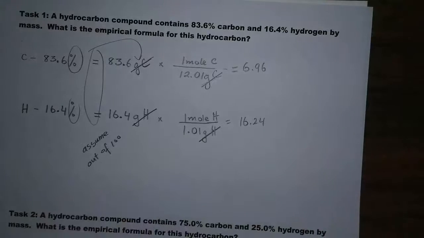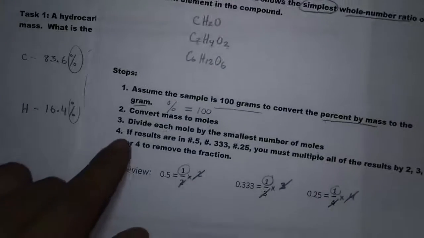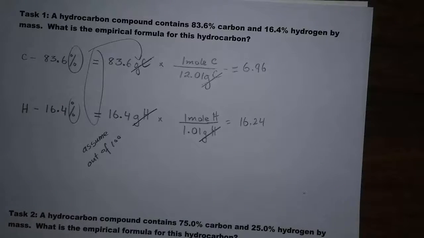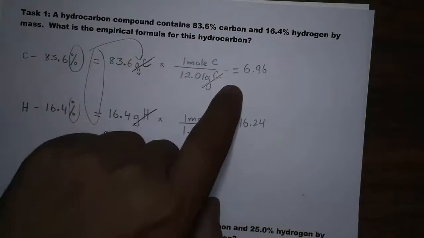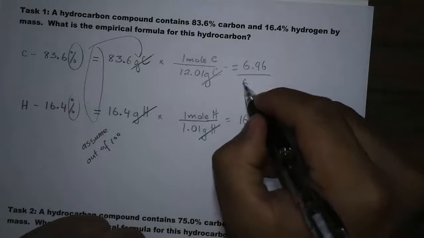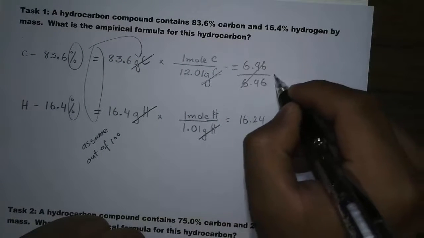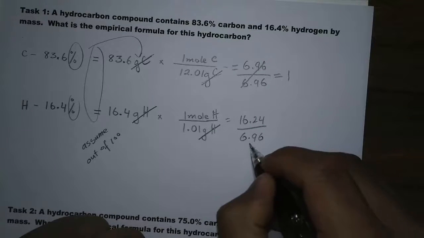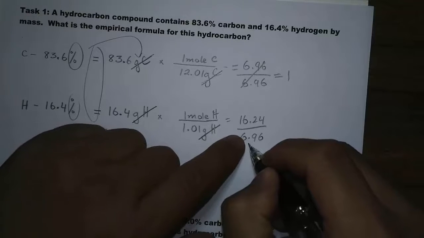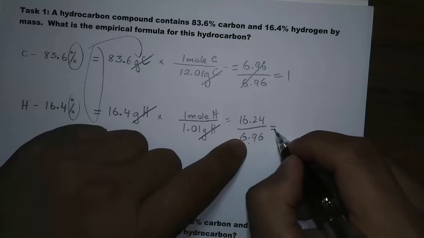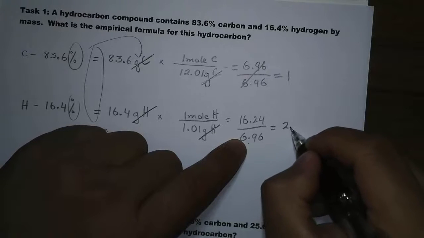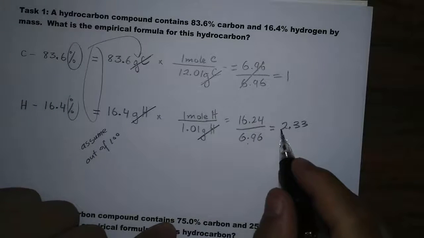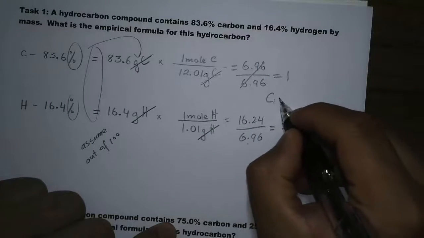And if we look at the steps, step 3 basically says divide each mole by the smallest number of moles. In this case, what is the smallest one? The smaller one is this one. So this one divided by itself gives us 1. And this one divided by 6.96, which is the smallest mole number in this case. And that gives us the ratios in terms of mole. We have 2.33. That tells you that there are C1, H